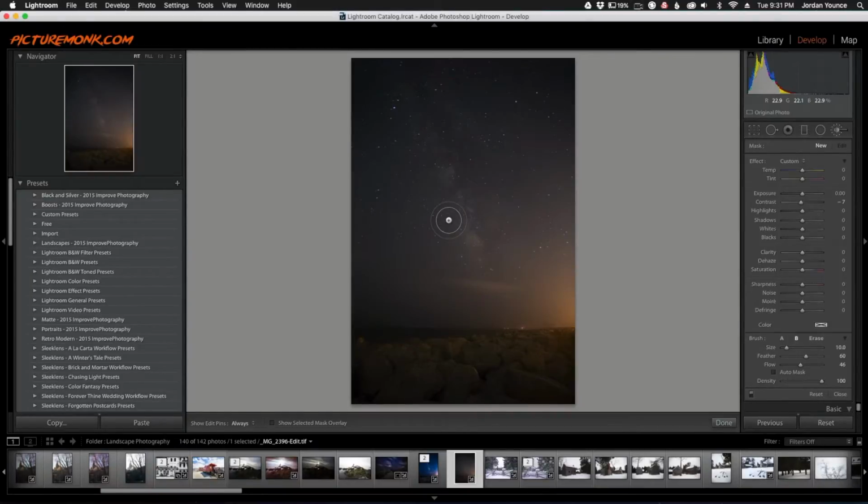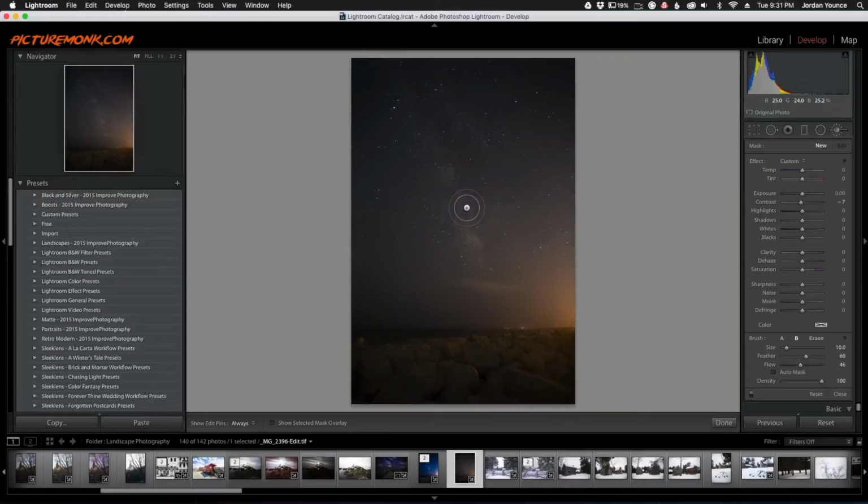Okay, so what we have here is a Milky Way photo. It's actually taken at the beach, in an ocean setting where it's really dark skies, but we do have a little bit of light pollution over there. I'm not really going to touch that in this tutorial, but I'm just going to show you how to bring out some of the Milky Way a little bit better than it is